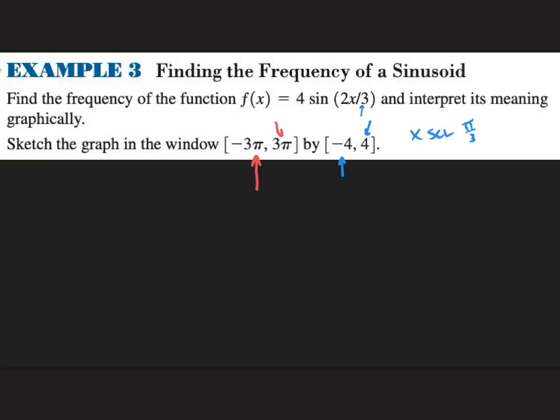All right, so remember, the sine has a period of 2 pi. So change the windows, and now let's come back and analyze. Change the windows on the calculator. Let's come back and analyze. So the new period is the old period of 2 pi divided by 2/3, which equals 2 pi times 3 over 2. And the 2's cancel out, which gives us a period of 3 pi. So this is going to stretch our